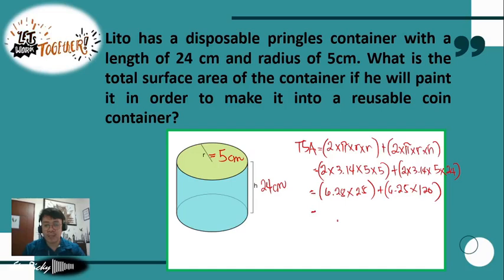So if we multiply 6.28 times 25, that will be 157, plus 6.28 times 120, which is equal to